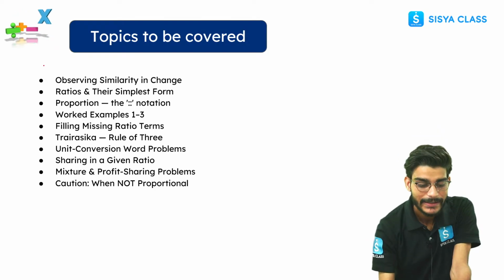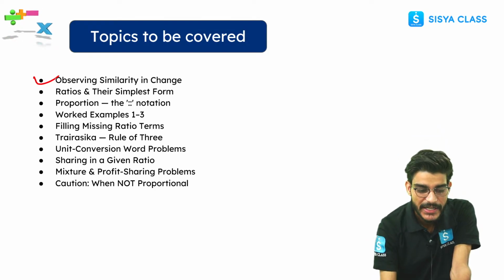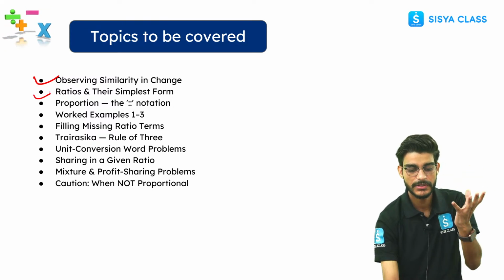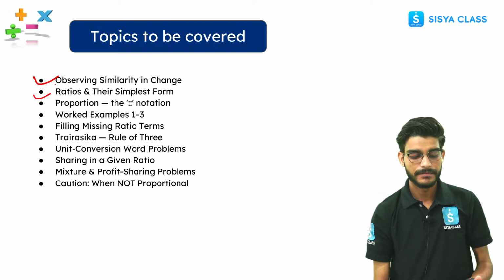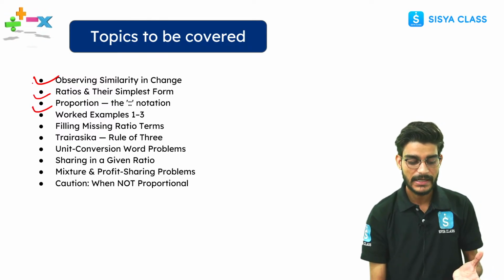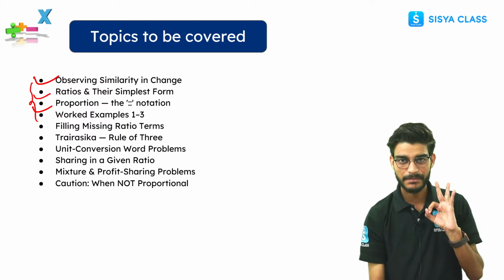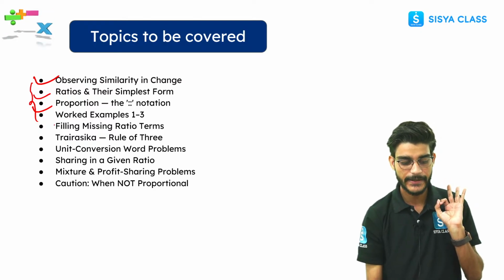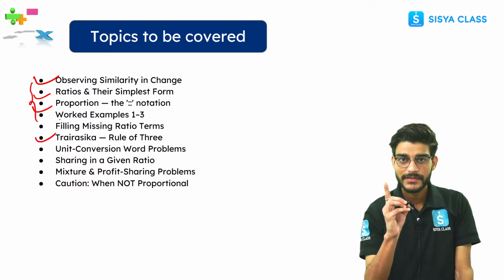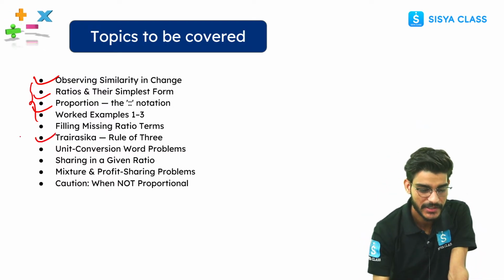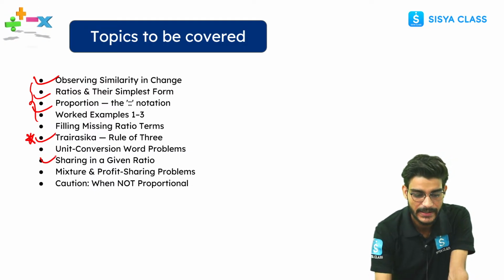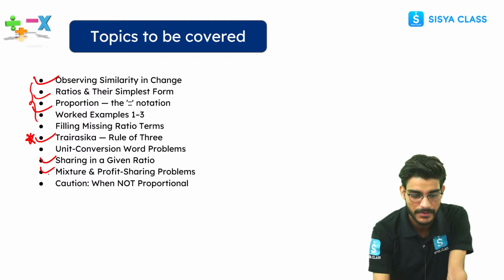Let's see what we're going to cover in today's class. Firstly, we will look at observing similarity in changes. Second is ratios and their simplest form. Third is proportion. Then we will look at 3 very important examples of ratios and proportion given in your NCERT. Then Trairashika, the rule of 3, which is important. Then we will also look at unit conversions, sharing a given ratio, mixture and profit sharing problems, and at the end,